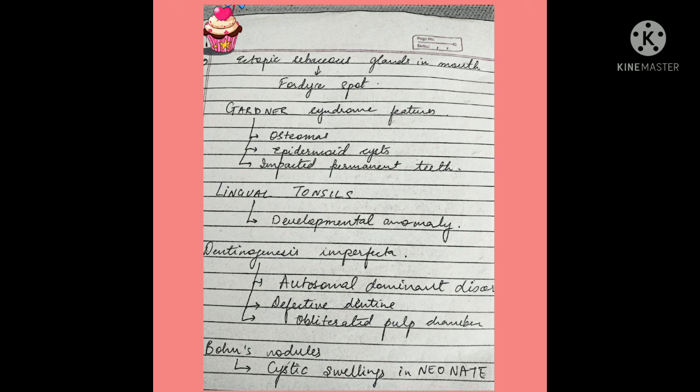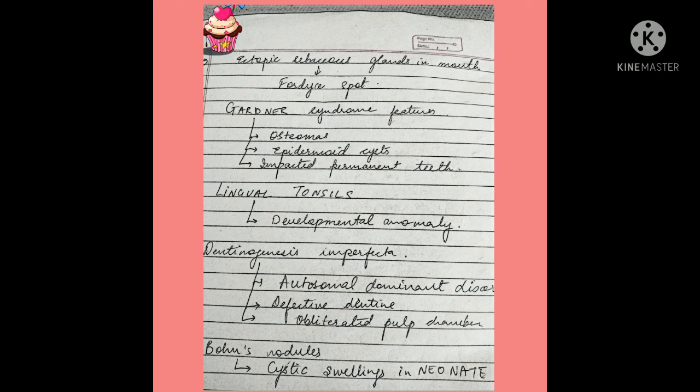So the next question is dentinogenesis imperfecta. As the name suggests, it is imperfect dentine. So one of the points will be defective dentine or imperfect dentine. The second point you can relate to it is what defect can you find in the dentine? That it is produced too much. It is so much produced that the pulp chamber becomes obliterated because of the excess dentine. So the second point is obliterated pulp chamber.